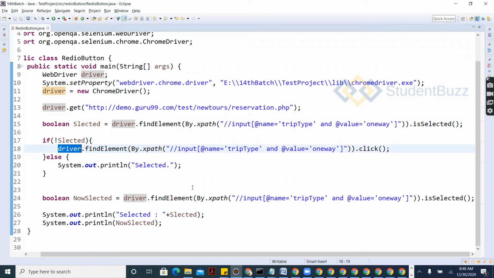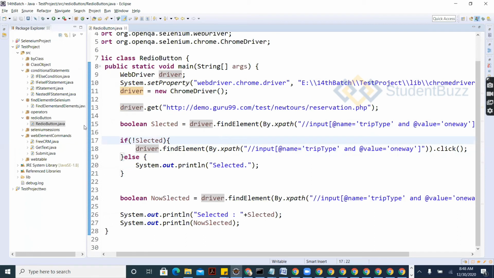So make sure to use isSelected. Sometimes these radio buttons may unclick. When you click it, it will deselect it. If it is selected, there is no need to do any operation on that, right? And if it is not selected, you can do your operation.